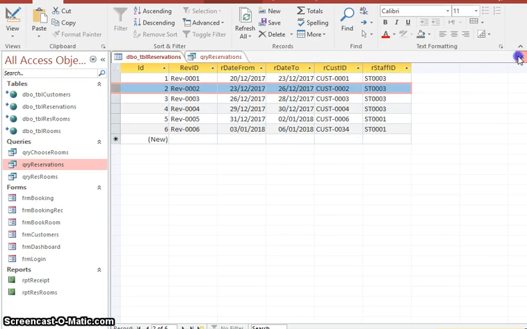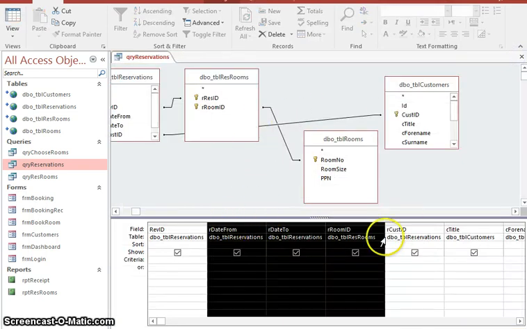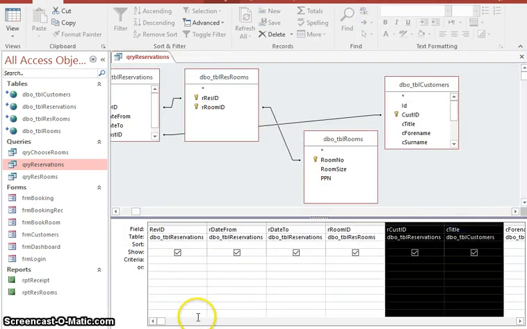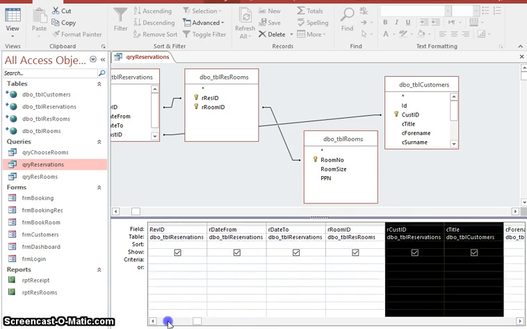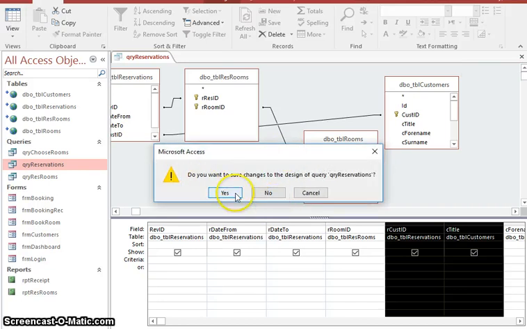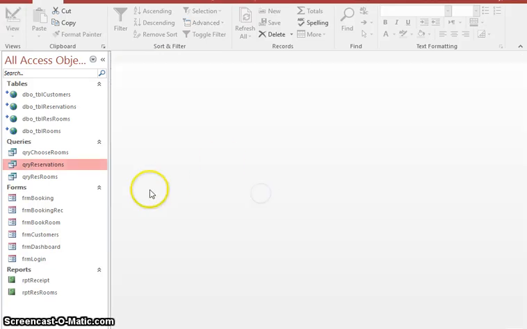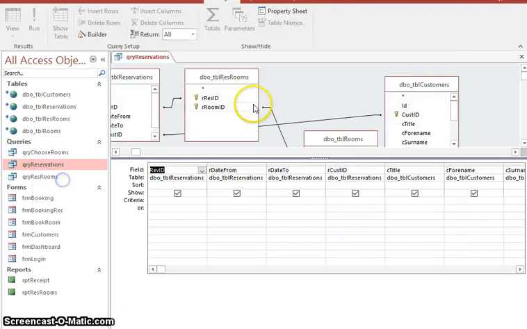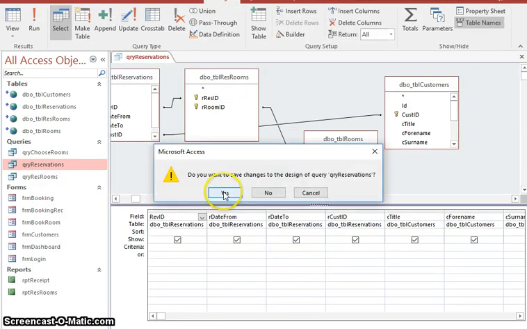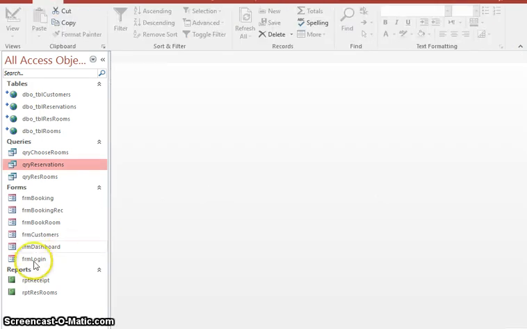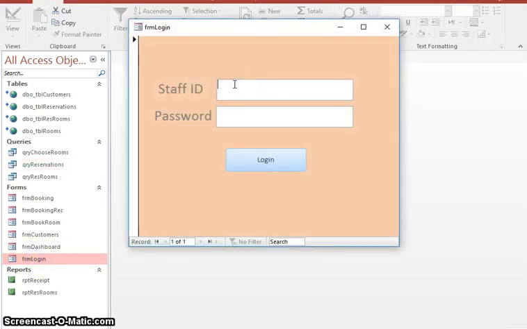So I'm going to go back to my query. So my query has joined up. I've also put in the customer table and I've added the customer details, and again these can all be used for your reporting or your receipt at the end up if you're doing a receipt. So to start off with, I'm not going to save my reservations, I have that already created, so it's just a query and I've joined up the different tables. So I'm going to log in first of all,